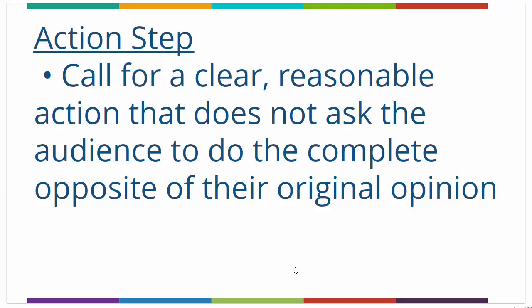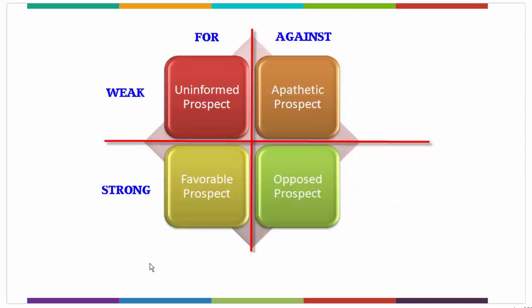So here we see that we have looked at all the different solutions and how they can be applied for each different quadrant. Basically you have to assess your own market. You have to find out where they are in the quadrant, whether they are favorable prospects, uninformed prospects, apathetic prospects, or opposed prospects. And depending on the market you are in and who you are targeting, adjust the sequence in